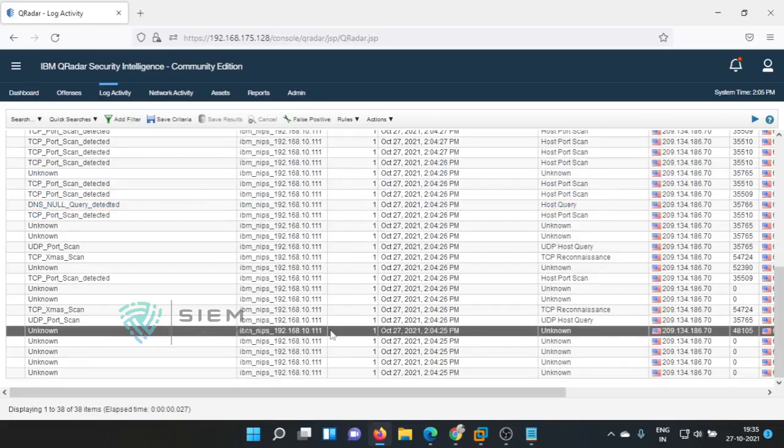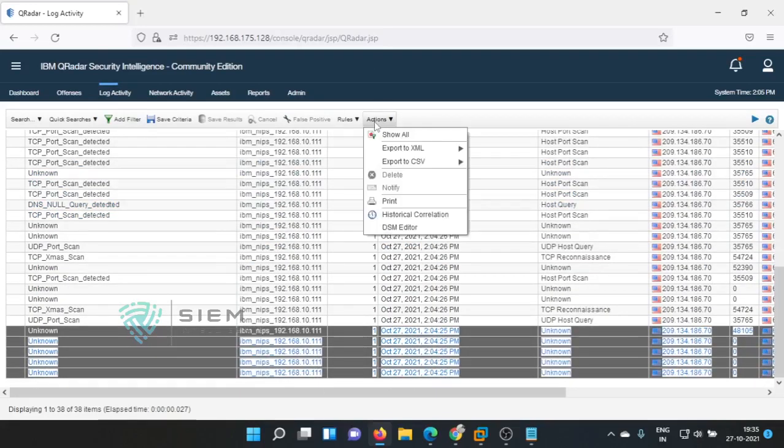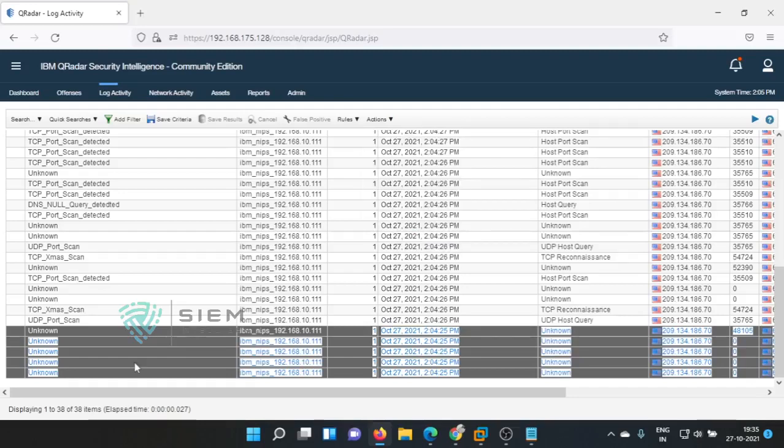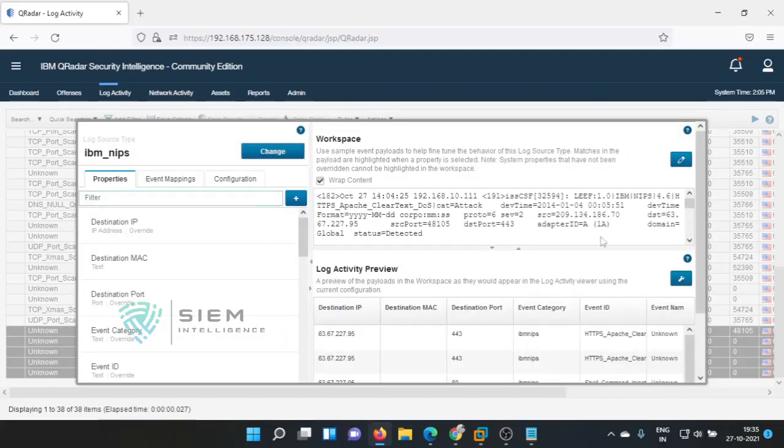now just select these things only. What are the unknowns? This is a continuous practice. If you are working in a real-time environment, you need to do this kind of activity for at least 15 to 20 days to regularize these unknown events into known events. So we found this unknown now. We need to understand what the unknown is first.